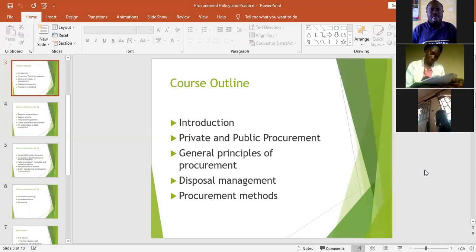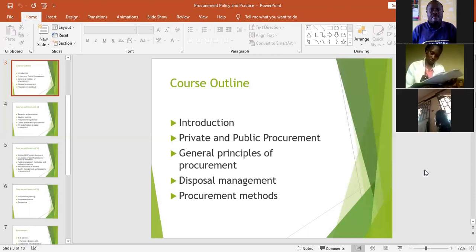For items below 500,000 you use micro procurement. While using this method, there is no requirement to have more than one quotation, but it is based on the best practice of procurement. An organization can insist on more than one quotation where it is possible, but it is better to use one. And items above 500,000, but not too much like 1M, that is macro procurement.